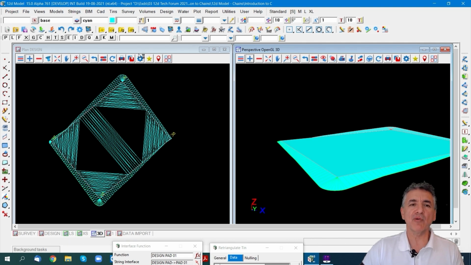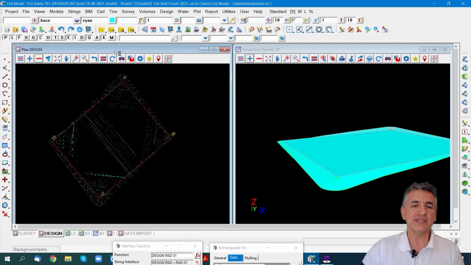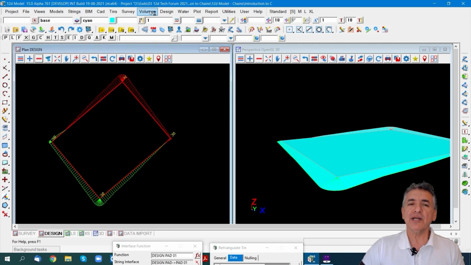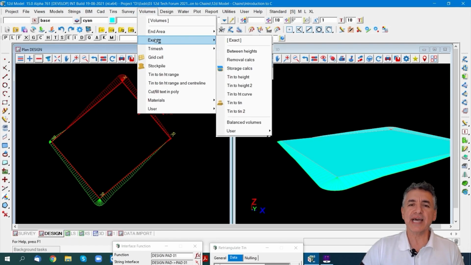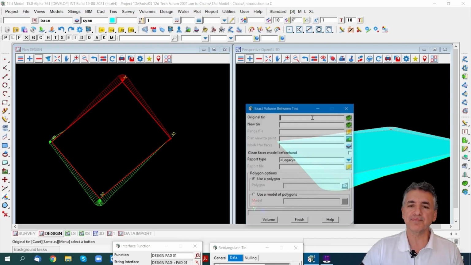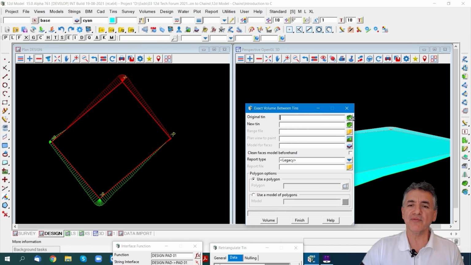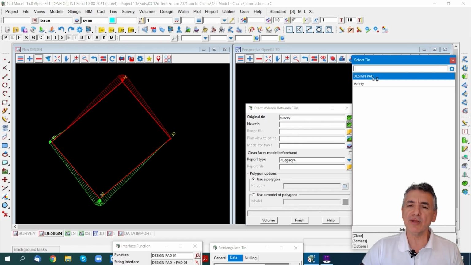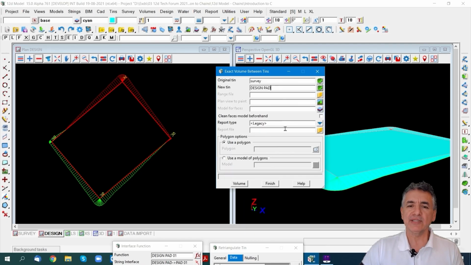So the next thing I might want to do is to create some volumes. I might just turn that tin off for a second there. Under volumes, I'd go to exact, and I want to do a volume from one tin to another, so tin to tin. The original tin is my survey, and my new tin is my design pad. I can give it the report name there, just pick the HTML one, and I'm going to call it